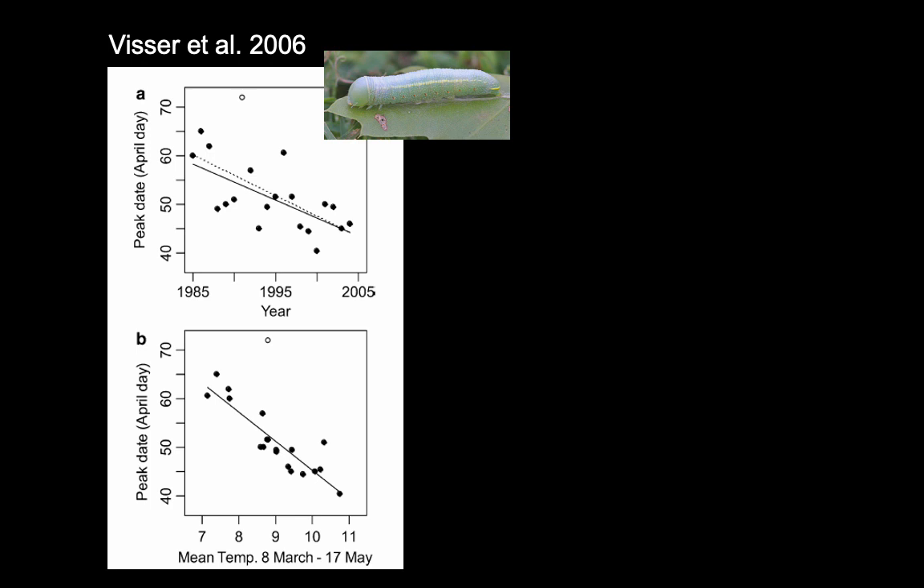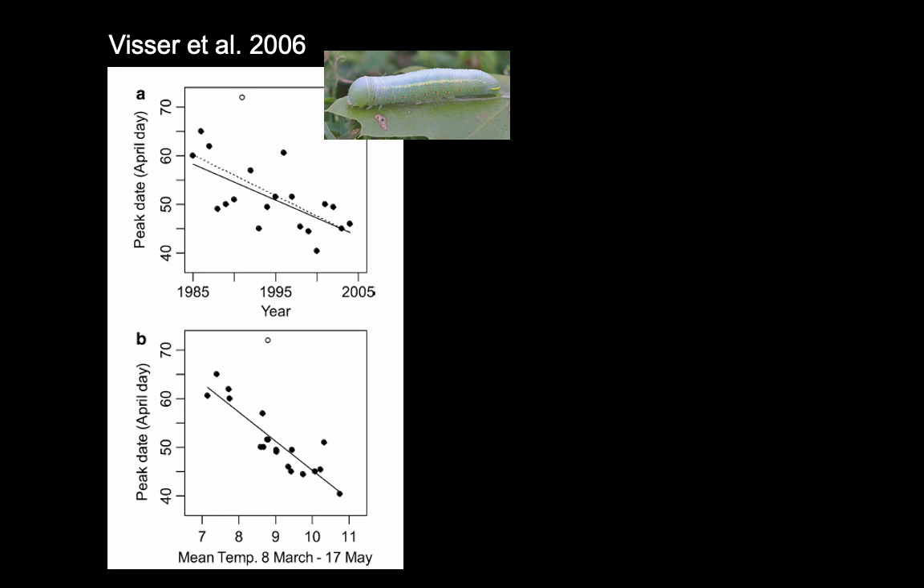And so this doesn't coincide with year at all necessarily, though temp does correlate with year. But we see a much tighter correlation with advancing date and temperature. So when things are hotter, from March 8th to May 17th, we see a greater advancement of the peak caterpillar